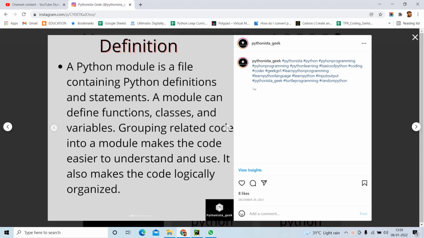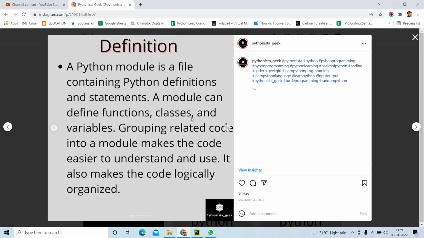In simple terms, I can say if you go to a library, there are many books available, correct? So we can see each and every book as each and every module. Whenever a user or a customer needs a book, they will go and get the book and get the information available in the book. The same way here also, there are many modules available in Python, so whenever we need some module, we get that module and use it in our programming. This is the basic definition I can say for a module.